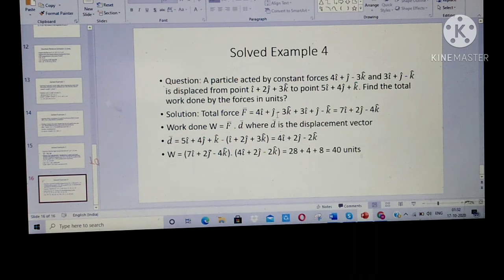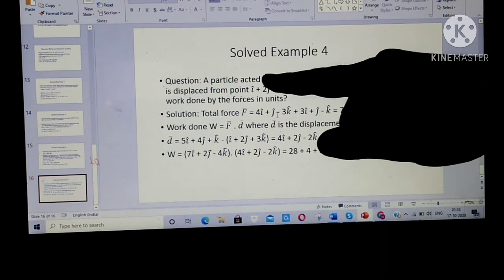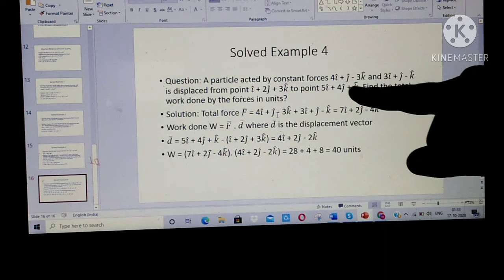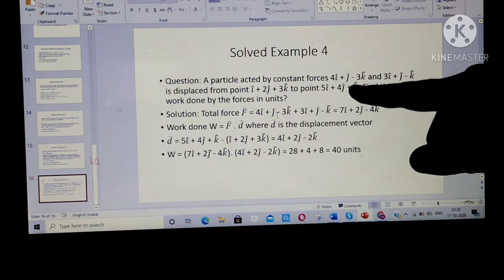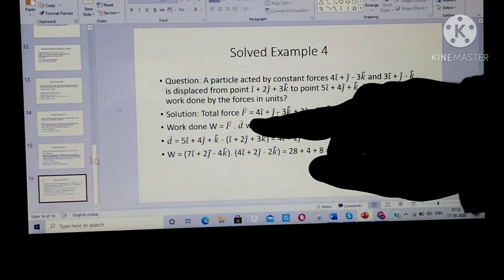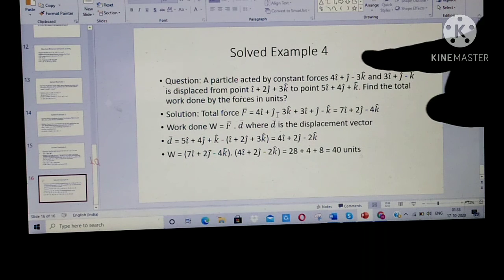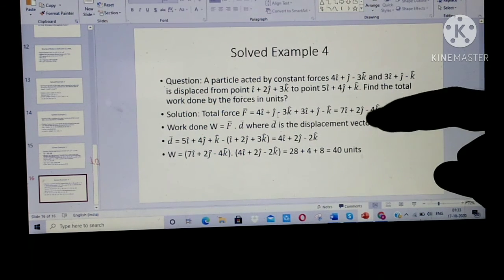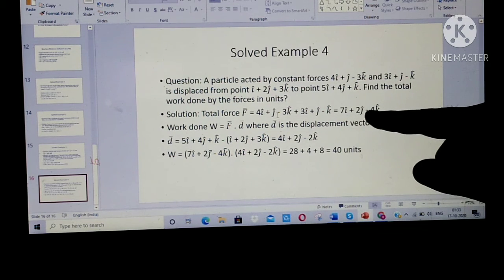There is a particle which is acted upon by constant forces, this and this. There are two forces which are acting on the particle, due to which it is displaced from this point to this point. Suppose this point is A, this point is B, so it is displaced from A to B. We need to find the total work done by the forces. So total work done is force dot displacement. First we need to find the total force by adding these two forces because it is a vector quantity. So once we add these two forces, the total force is 7i cap plus 2j cap minus